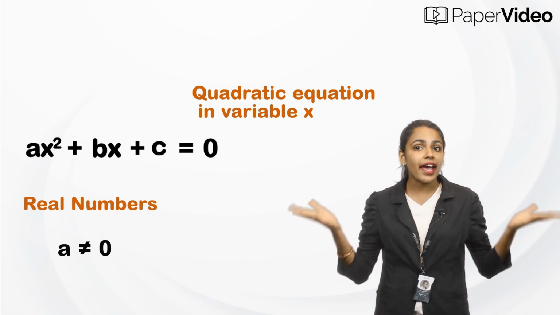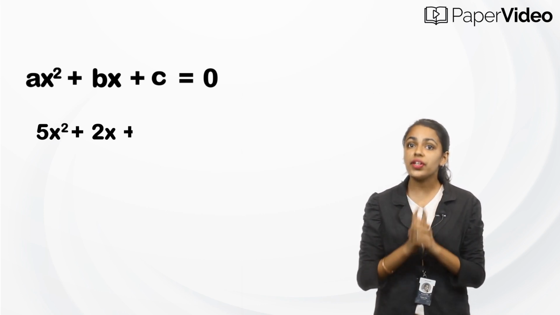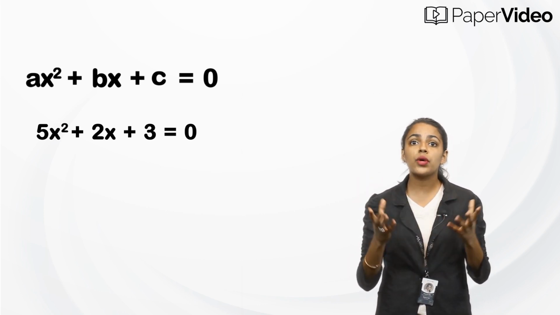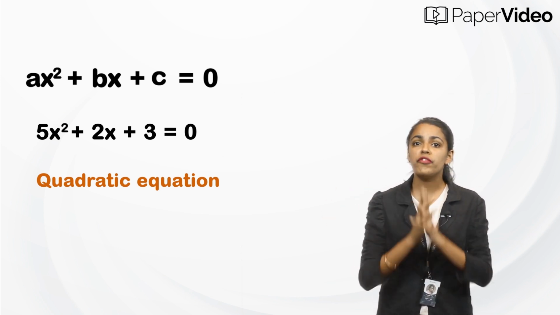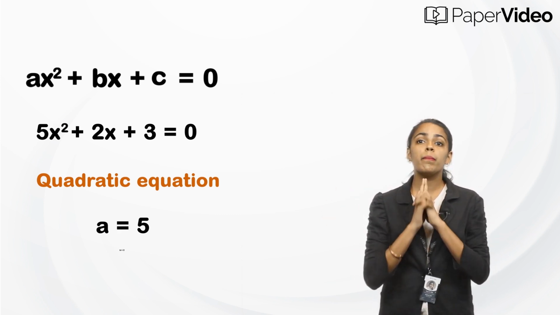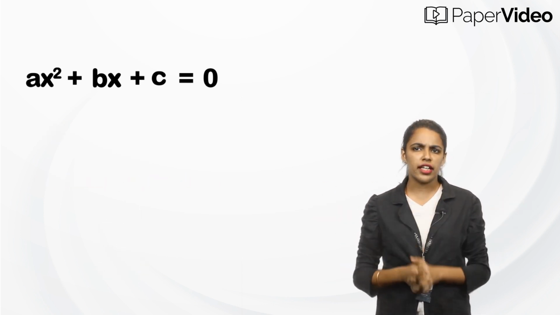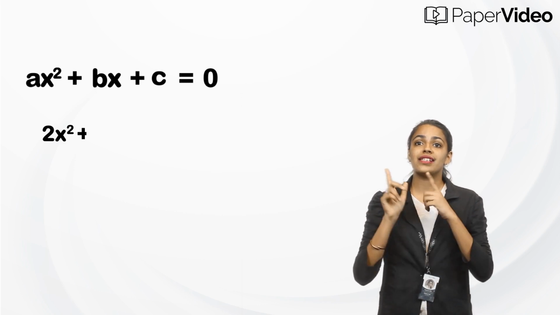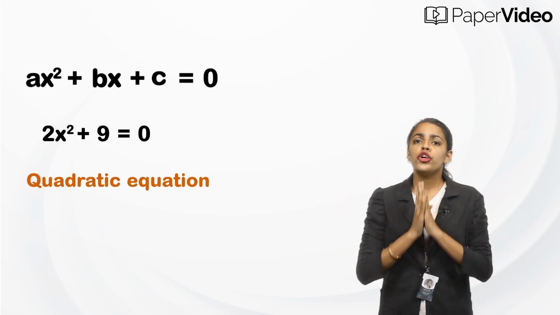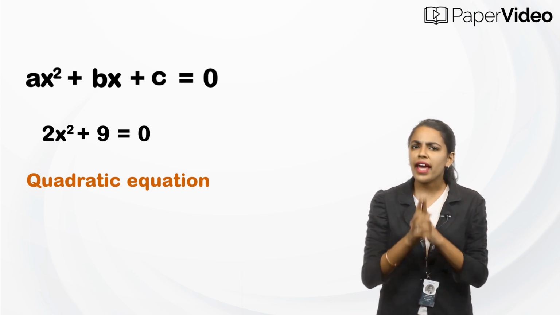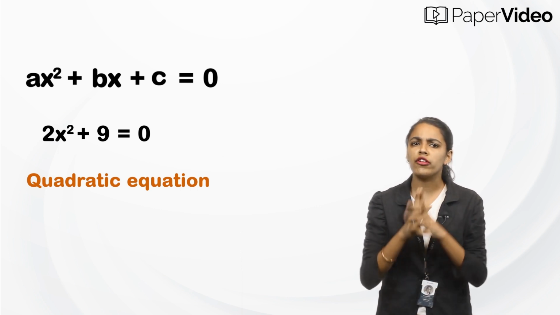Let's look at some examples. 5x² + 2x + 3 = 0 is a quadratic equation. Comparing it with the standard form, we get a = 5, b = 2 and c = 3. Similarly, 2x² + 9 = 0 is also a quadratic equation. You may not see the term x, but it is still a quadratic equation as the highest power of the